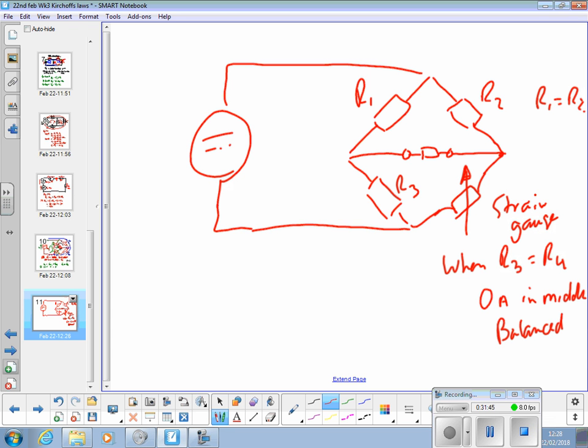Although you'd have to be a bit careful because you're actually heating the sensor up by passing current through it, so it's not the ideal way to do it. So what you're doing now is you've got your strain gauge in here. As you put weight on it or take weight off, it's going to vary resistance, and a voltmeter across there will see a deflection. What they'll actually do is amplify that signal, because you tend